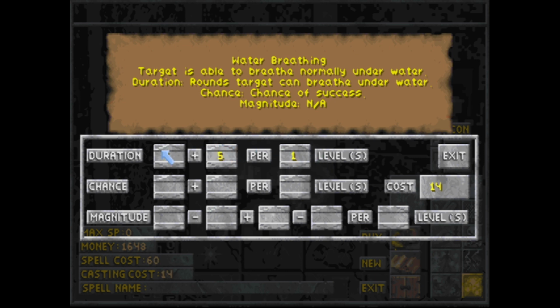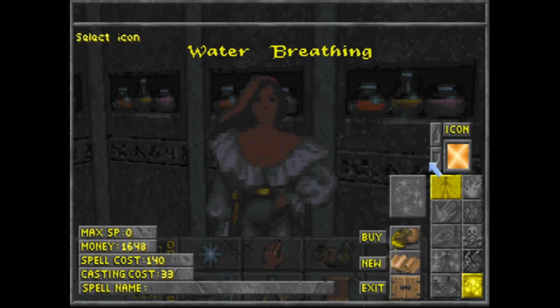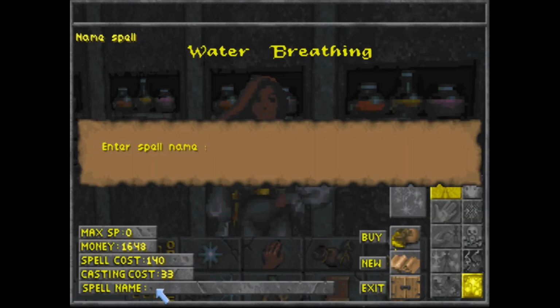I'm going to make it to where we get like a good 5 rounds, and that is actually how many rounds you get. So of course that is the base conundrum. So every 5 is 25 seconds. So that's 25 seconds plus 25 seconds, so 50 seconds right there, and then every time we level up it's another 25 seconds. And that only costs 33 mana,